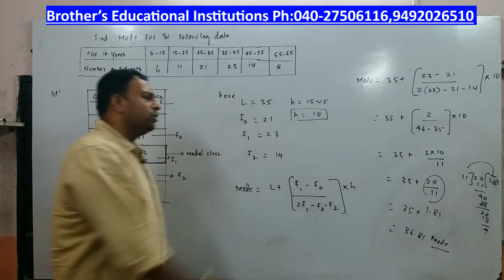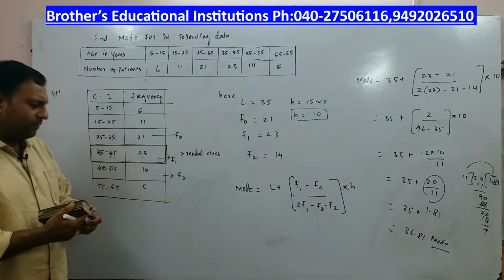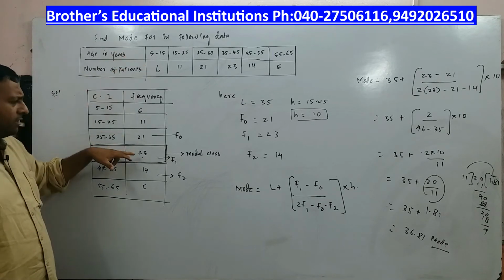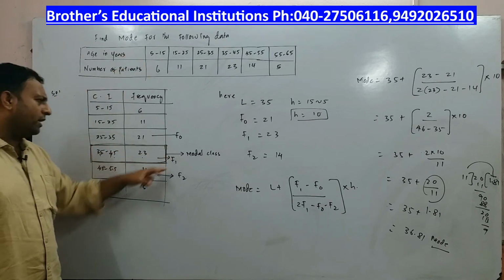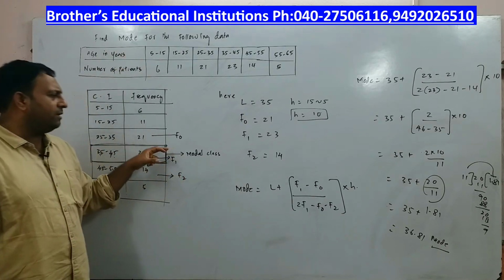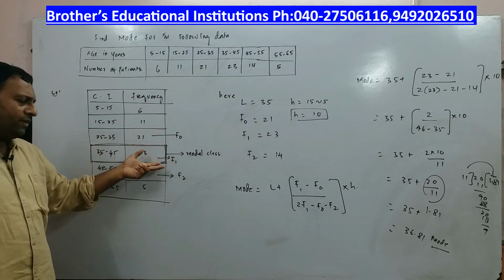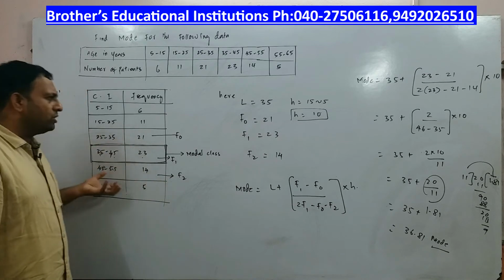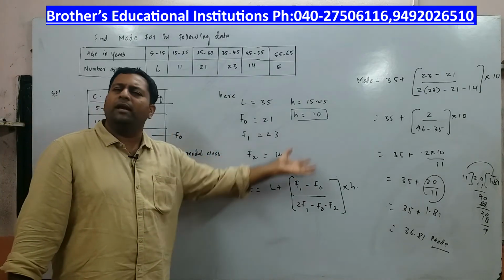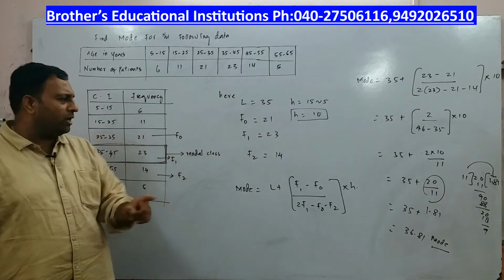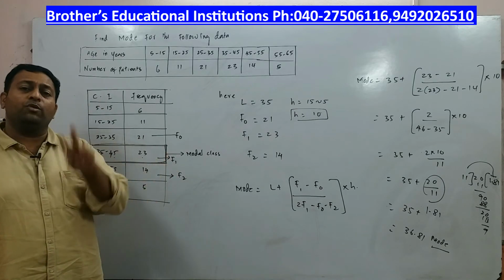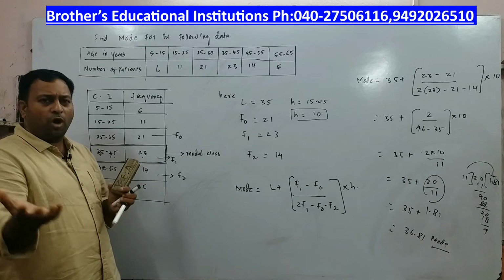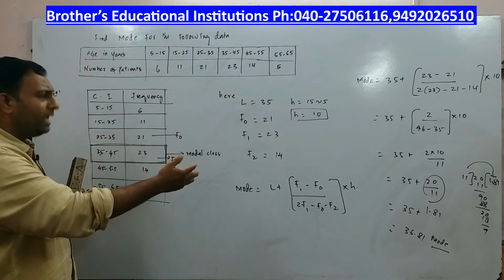So that is how you do the calculation. Children, it is very, very simple. Try to understand. Class interval and frequency is given to you. Take the highest frequency and plot that class as the modal class. Frequency preceding the modal class is F0, frequency of the modal class is F1, and the frequency succeeding the modal class is F2. Those values you have to substitute in the formula, and that's how you get the mode. Make sure that you enter the values correctly and you calculate it correctly. So you can pause the video and you can copy. Meanwhile, we'll go for the next problem.